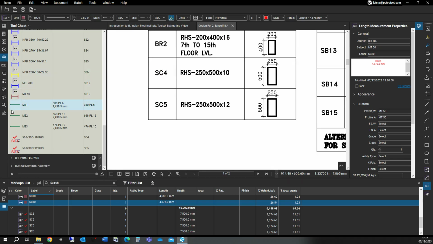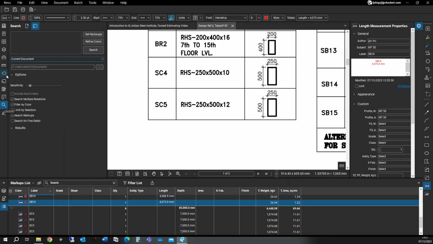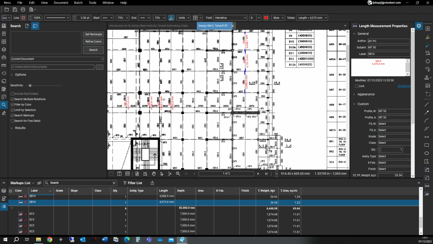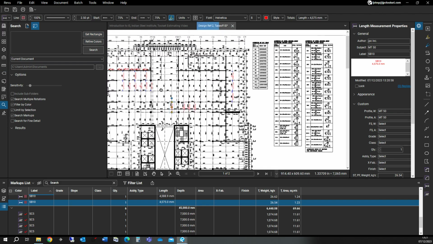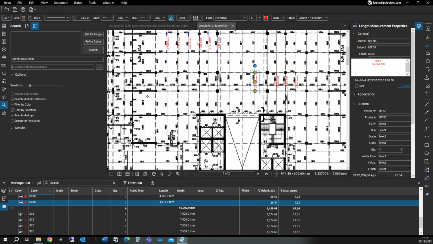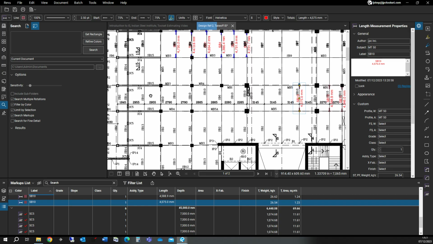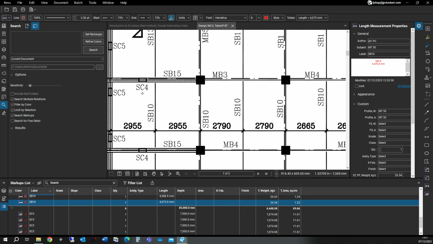So to do a quick search to know exactly where we have the SC5s, I'm going to do a search on SC5, and that's going to bring me directly to where they're all located. So here we do have some SC4s. So what we're going to do is we're going to